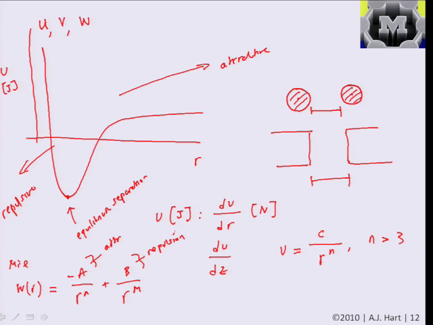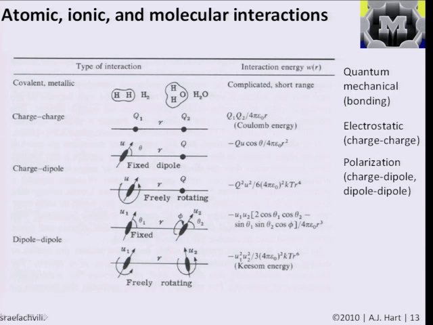And today we're going to pretty much hang out here in the land of attractive interactions and these, quote, long-range interactions, say 1 nanometer to tens of nanometers, and we'll talk about van der Waals attraction being a case of attractive interactions between two bodies. So back to the general picture, this idea of having an interaction energy being inversely proportional to a